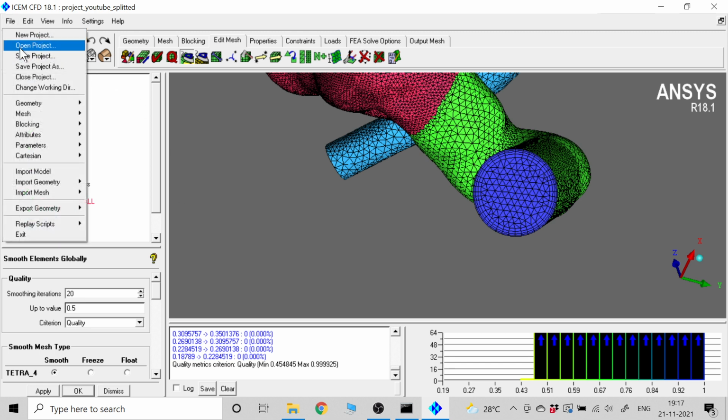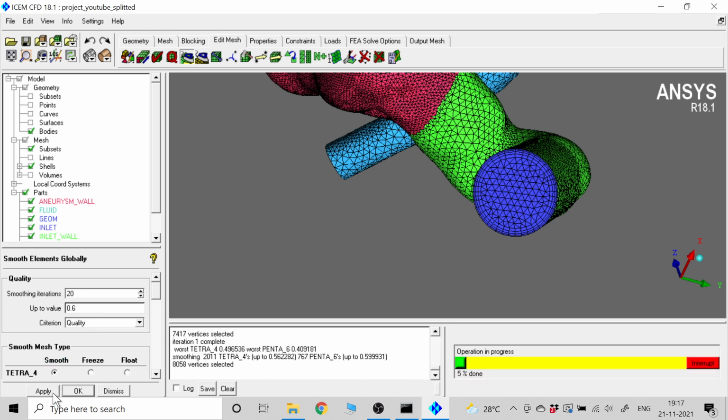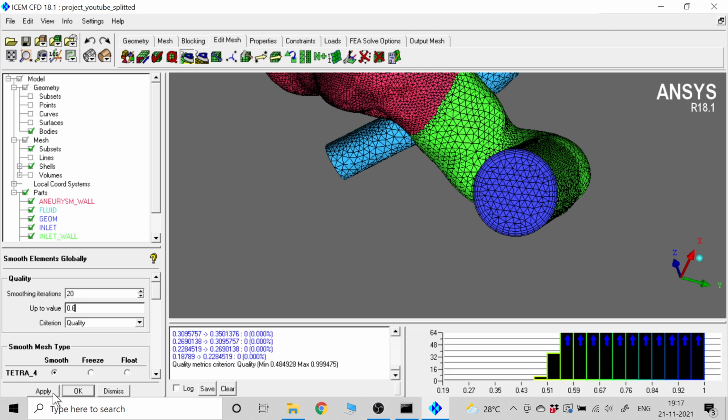We'd like to save the project here and try to further improve it. We have a further improved mesh which is almost 0.48, which is a very good mesh. We'd like to save the project,